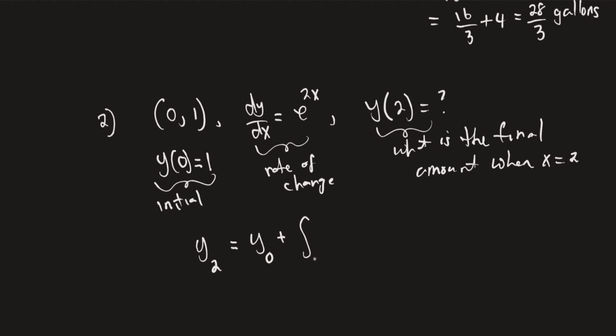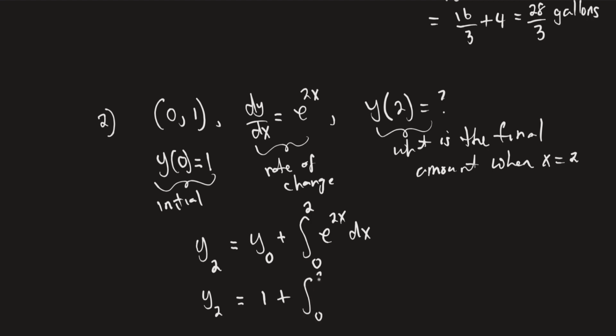But that change can be written as a definite integral. And what do we integrate? We integrate the rate of change. So this is e to the 2x dx, right? So again, the final amount is equal to the initial amount plus the net change. And this is where we use our calculus, right? So this is what we want to find out. We know that y sub 0, or y of 0, again, this is just a shorthand for this. We're given that that's equal to 1,